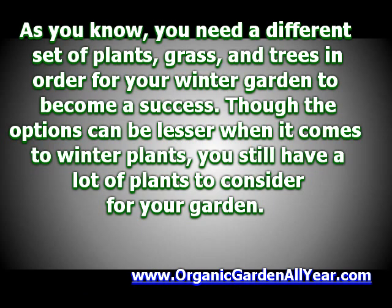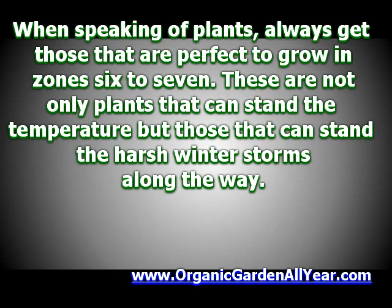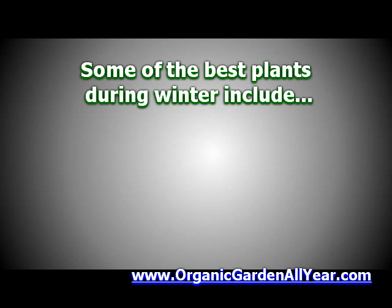As you know, you need a different set of plants, grass, and trees in order for your winter garden to become a success. Though the options can be lesser when it comes to winter plants, you still have a lot of plants to consider for your garden. When speaking of plants, always get those that are perfect to grow in zones 6 to 7. These are not only plants that can stand the temperature, but those that can stand the harsh winter storms along the way. Some of the best plants during winter include